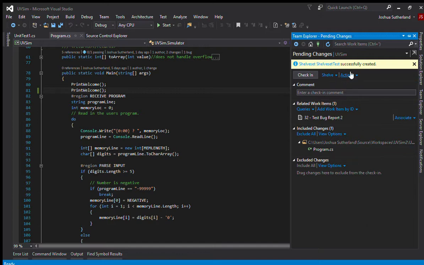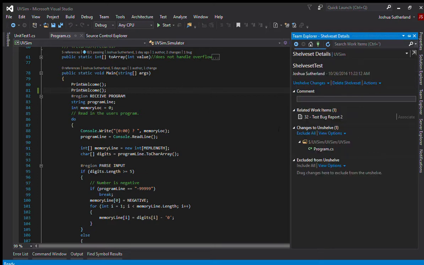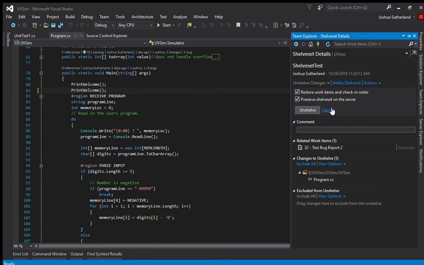Awesome. Now, if one of us has a shelf set and we need some help, we can easily come in here, I've showed everybody's names before. Anyways, just type in one of our names. Put my name in, and I can see here's a shelf set that I've made. I can view those details and stuff, see what's changed in it. I can delete the shelf set, request a code review for it, I can unshelve them,